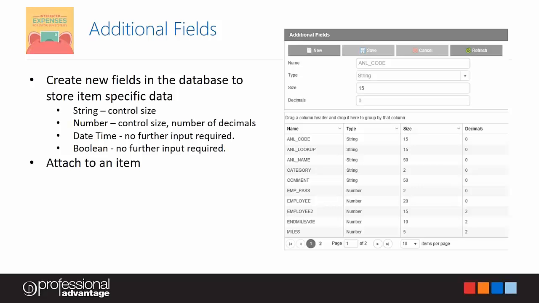You can create new fields in the database to store things like strings. So you want users to be able to capture a particular piece of data, and you want it to be, say, no more than 15 characters. It might be that you want your users to capture some number, so you are able to control the size of the number and the number of decimals. And so your users, when they go in and they're raising an expense claim, you can make sure that they're only entering information that's 15 characters long, or if it's a number field, that they can only enter numbers into that